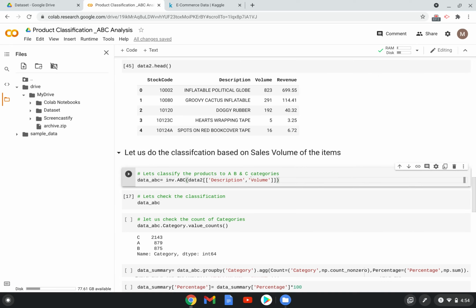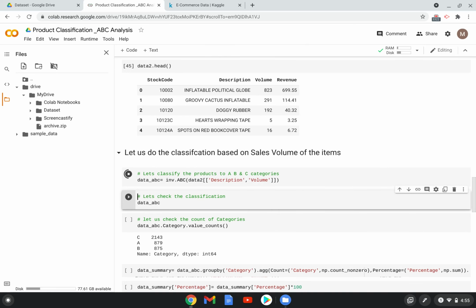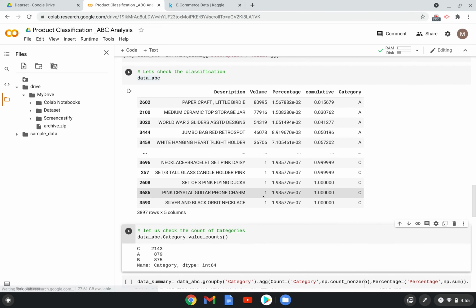Then you use the parameter to make this ABC classification. In this case, it is volume, right? So let's run this. It is classified into ABC categories. Let's see how it is.